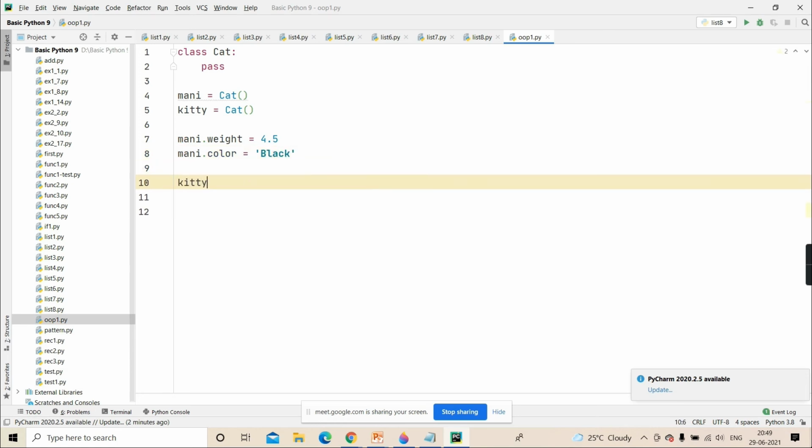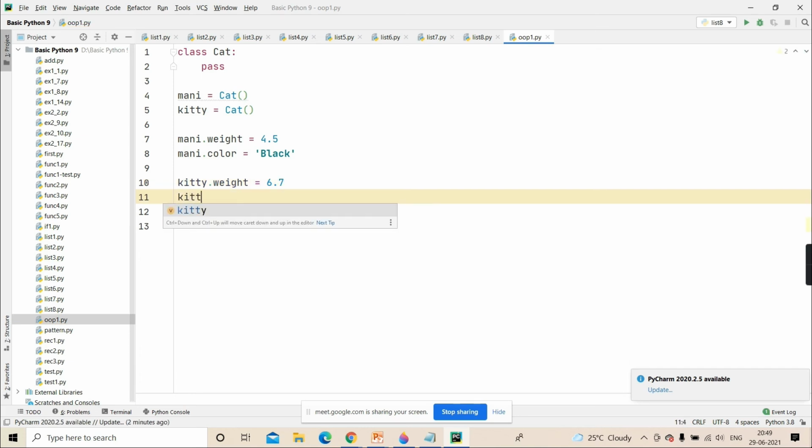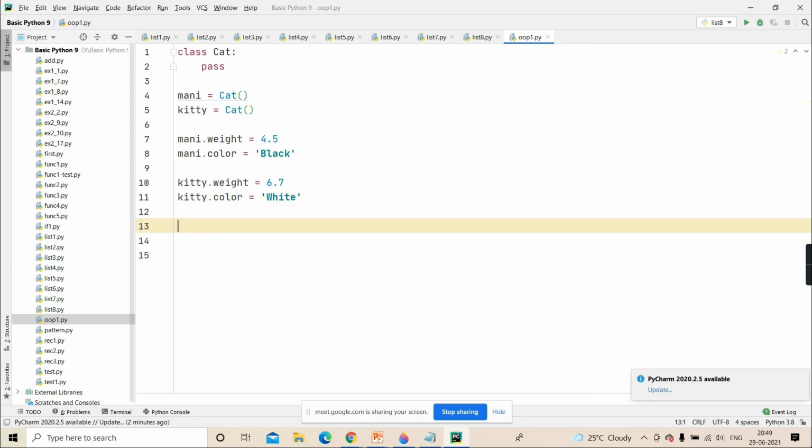And I'll add properties in Kitty also. So kitty dot weight equal to 6.7 and kitty dot color equal to white. This way I've added properties.